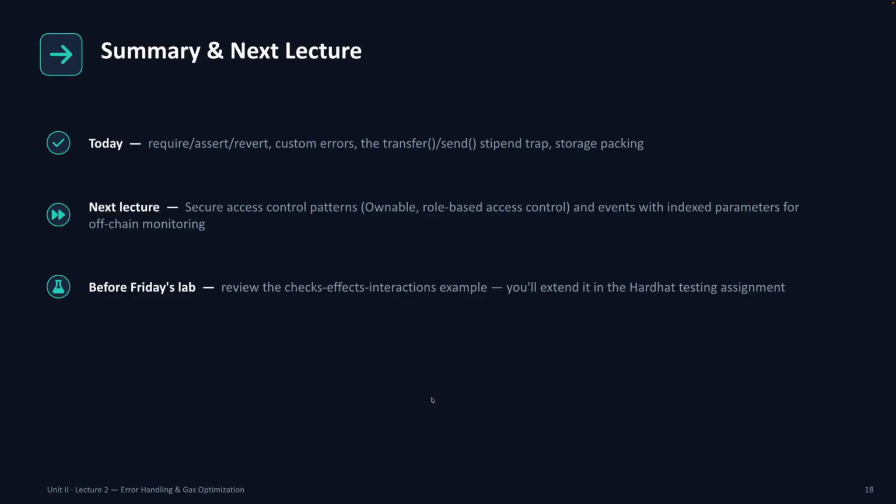So what we have covered today: we talked about require, assert, and revert. After this, we looked into custom errors, how to define custom errors, and how to throw custom errors from within the smart contract. Then the 2300 gas stipend problem in the case of transfer and send, and at last storage packing. In the next lecture, we are going to talk about secure access control, including the ownable pattern and the role-based access control pattern. And at last, we will look into events with indexed parameters and how they can be used